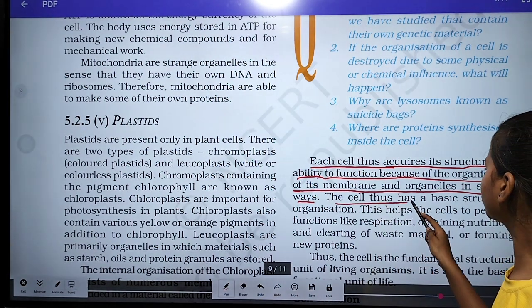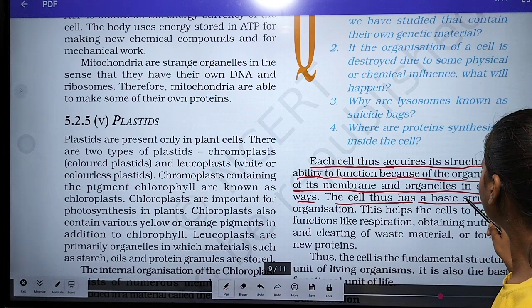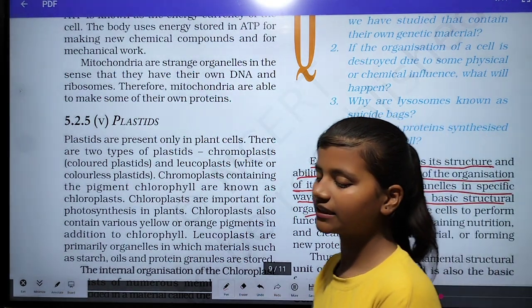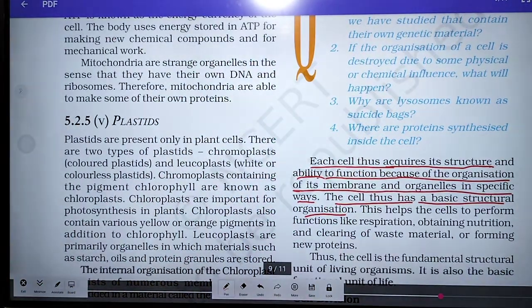The cell thus has a basic structural organization. This helps the cell